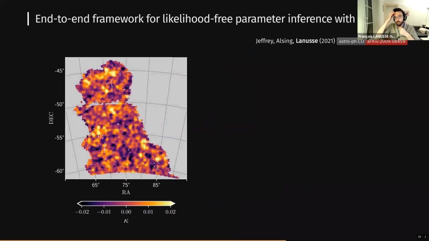So here is an example of how you would apply it in real life. This is a paper that we had last year doing this experiment on this convergence map that you have here on the left, which came from the Dark Energy Survey from their science verification data. So this is the actual